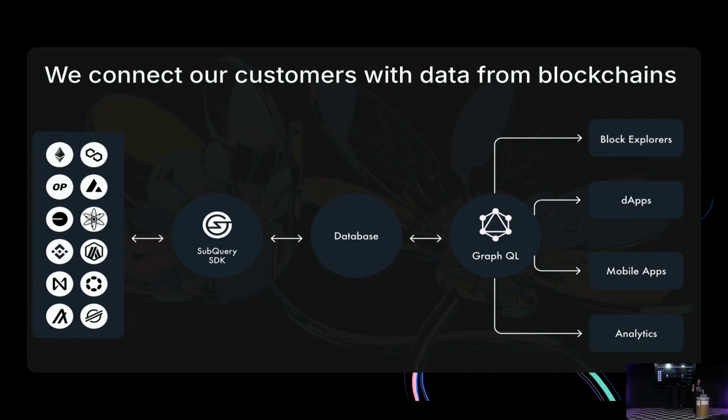So developers using SubQuery don't have direct access to the database. They use the GraphQL API endpoint to query the data. The data they receive in their application layer is exactly what they want, so this fits their use case. And the format of this data is exactly as they shaped it. So they have full control over the end result of the query, how the data is shaped, how the object is named, what properties it has, how objects in the database are related to each other.